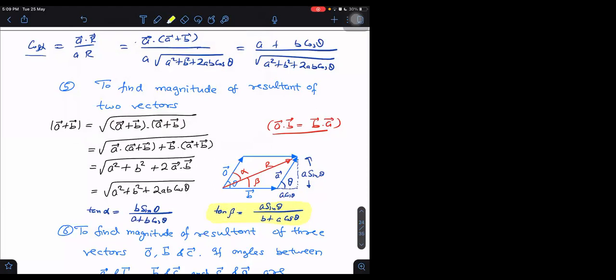For the case of alpha, I have not drawn any diagram because I have done it similarly. This thing I am explaining by the diagram, and I am saying that similarly it will also happen. If you want to make the diagram, we can do that also, but no need. See, this way we make the diagram. I have to extend A and take a perpendicular on A this time. This angle is theta, this vector is B, so this side will be B sin theta, and this side will be B cos theta.